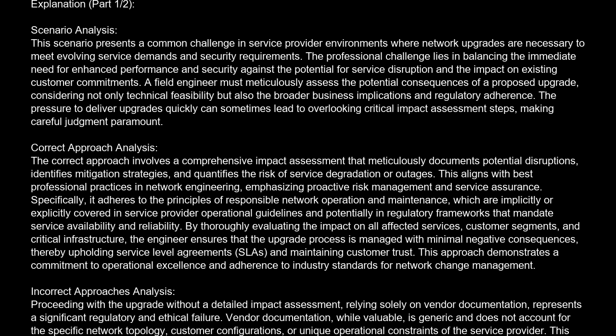Incorrect approach analysis. Proceeding with the upgrade without a detailed impact assessment, relying solely on vendor documentation, represents a significant regulatory and ethical failure. Vendor documentation, while valuable, is generic and does not account for the specific network topology, customer configurations, or unique operational constraints of the service provider. This oversight can lead to unforeseen service disruptions, violating implicit or explicit regulatory requirements for service continuity, and potentially breaching